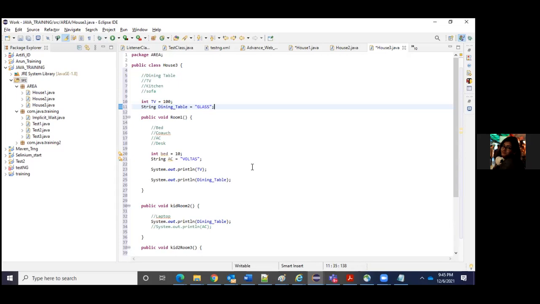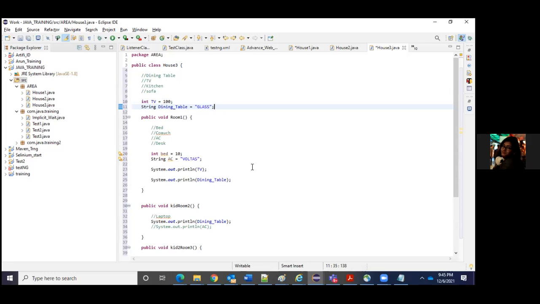I mean, the room cannot be accessed by everyone. So a variable to be accessed by every member of that class needs to be placed in the common area, that is the staircase or the kitchen or the dining.